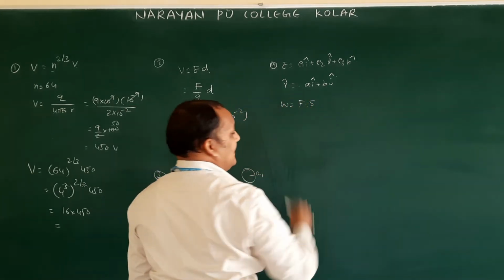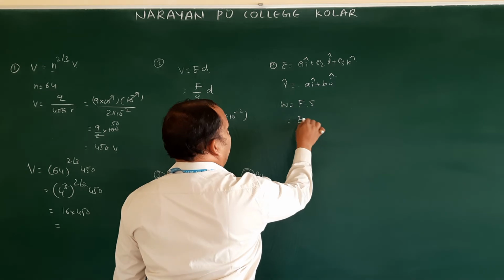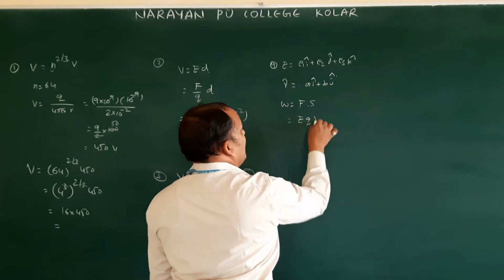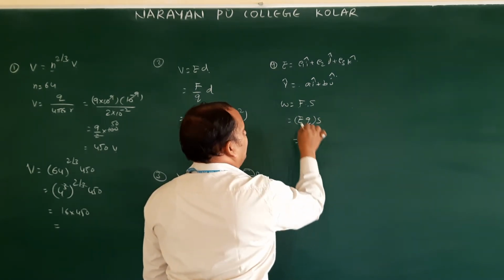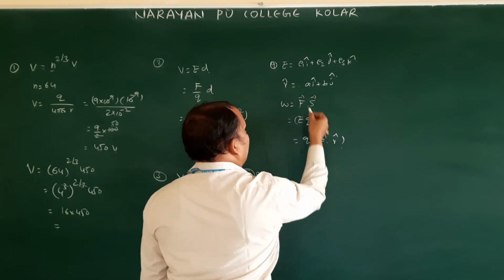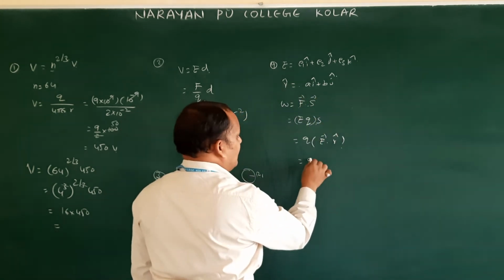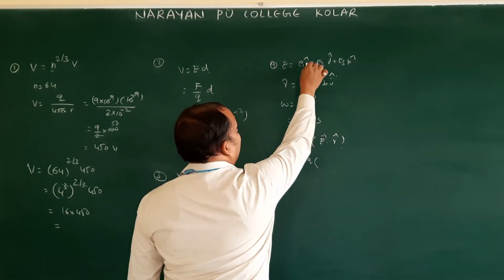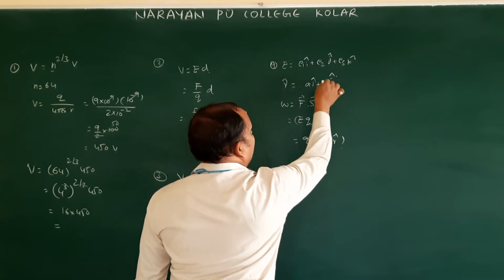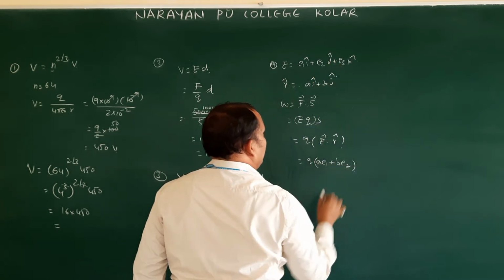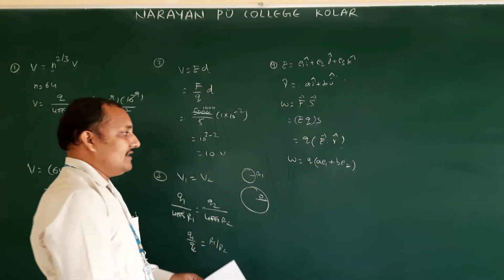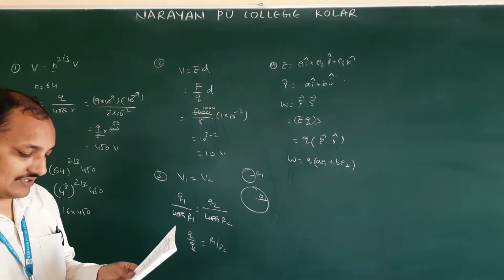Work done is force into displacement. Here force means EQ. According to this, E is equal to F by Q, then F is equal to QE. So Q into E bar, and S means they will write F bar dot S bar. So Q into E bar multiplied: i cap into i cap gives a E1, j cap into j cap gives b E2. K cap is not there, therefore 0. This is the work done equation: a E1 plus b E2. That is the 9th question. See the 10th question.